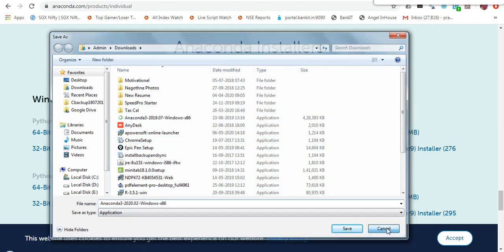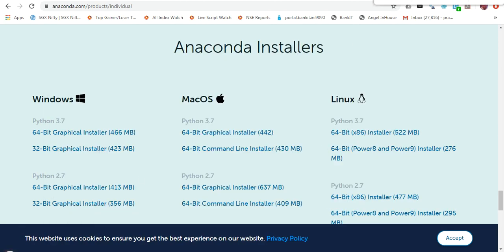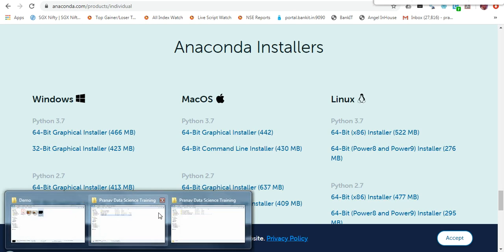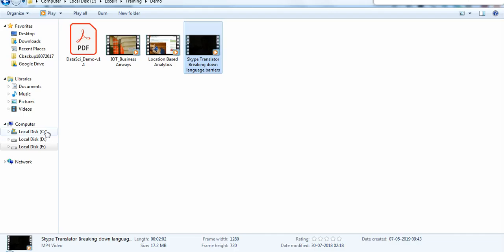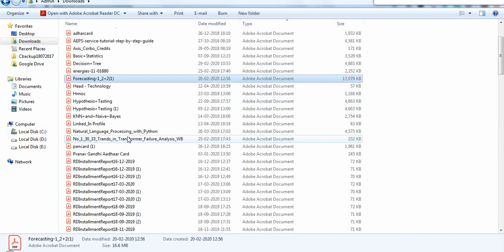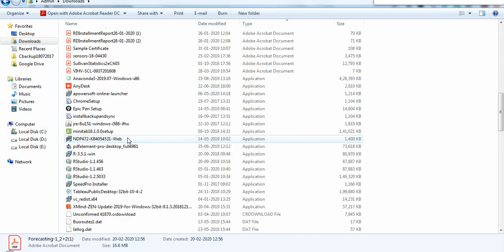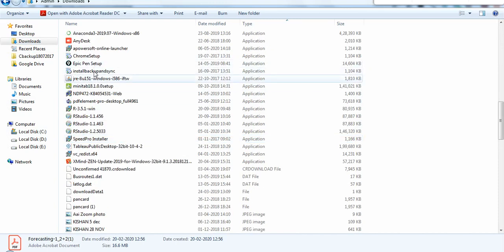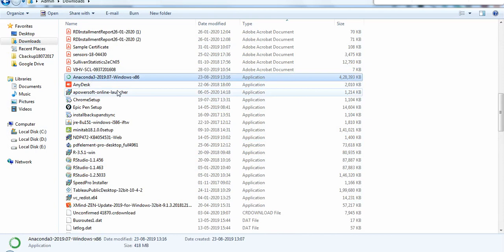Let us go and search for that file in my downloads folder, which I downloaded when I first did it, very long back, because I have not updated after that. Yes, look at this file. Anaconda 3 2019, so last year I downloaded this, right? And this is Windows x86.